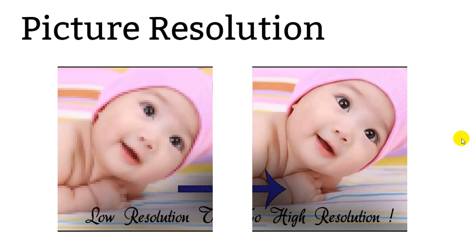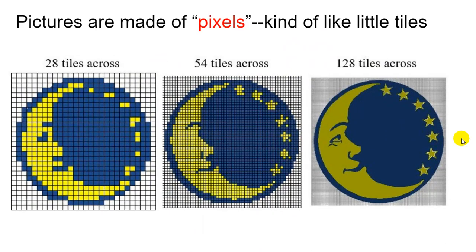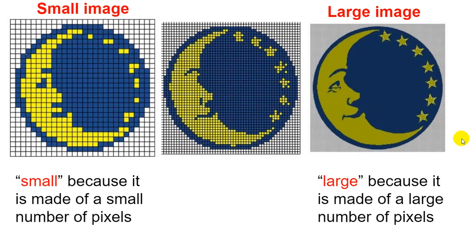be quite blurry. You should know that pictures are made out of something called pixels, and pixels are kind of like little tiles, and the more pixels you have, the sharper the image will be. A small image is made with a small number of pixels, and a large image is made with a large